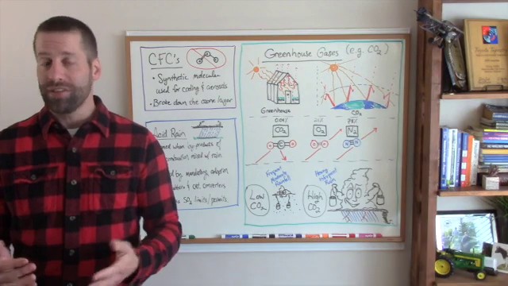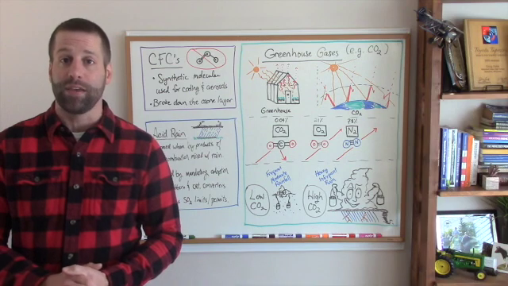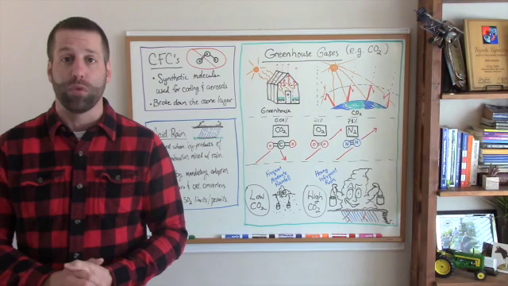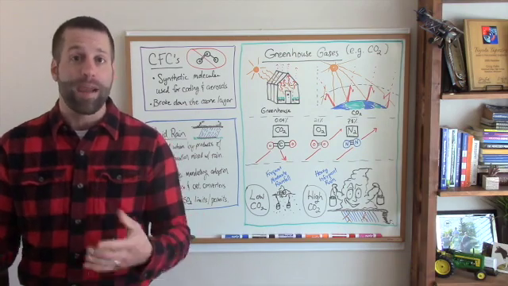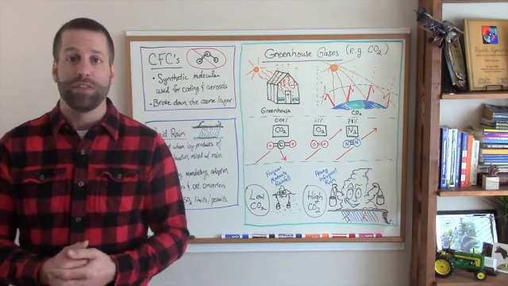This problem was, in a way, relatively easy to fix. The government simply just banned the use of CFCs. There were other ways to make aerosol cans and cooling systems work, and so CFCs were substituted for these other options, and the ban on CFCs has helped the ozone layer to slowly replenish itself with each passing decade.